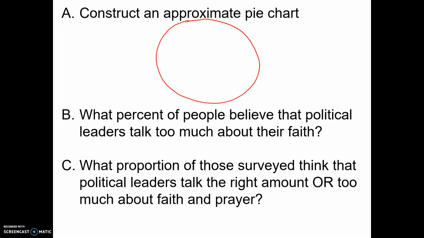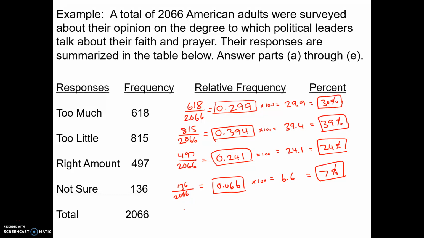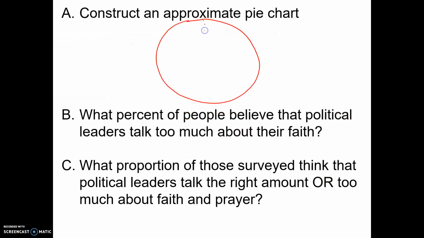So there's our circle. Now we've got to approximate. Like how do you draw 30%? Well, here's what we can do. We can draw these little dotted lines. I know a circle is 360 degrees, right? But let's just say that one circle is one whole. If you split that into 4 parts, then each part is about 25% of the circle. So this is 25, 25, 25, 25, and this will give us 100%.